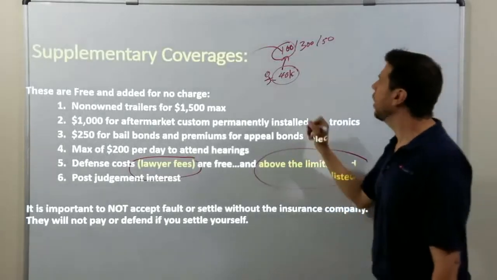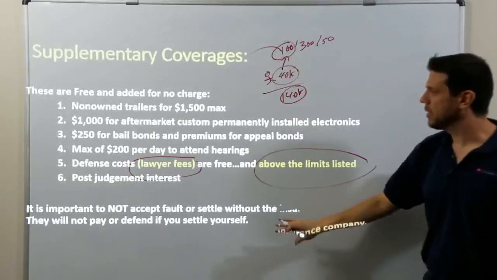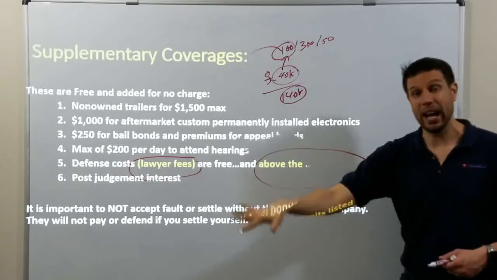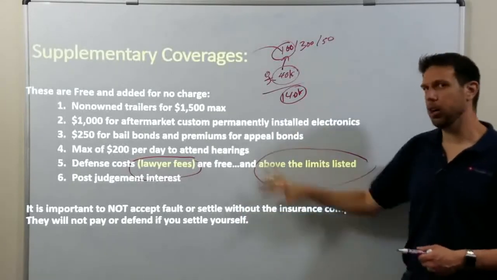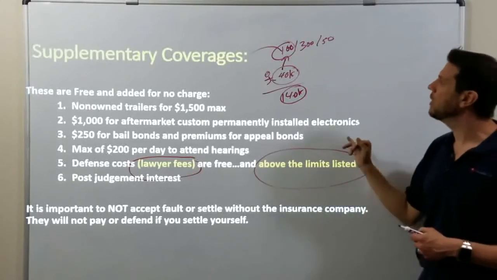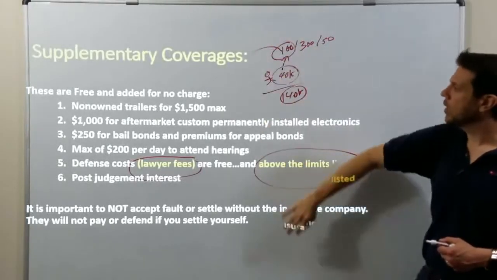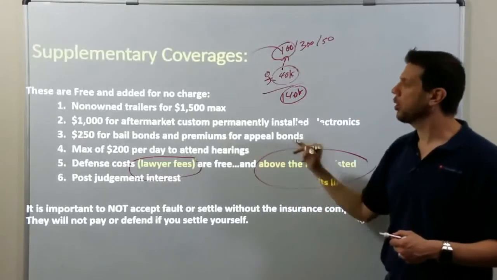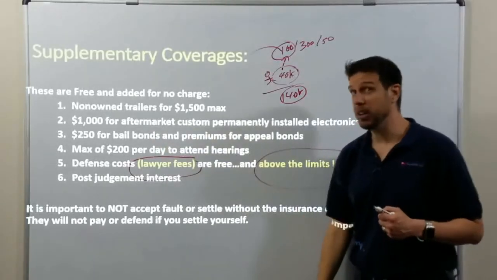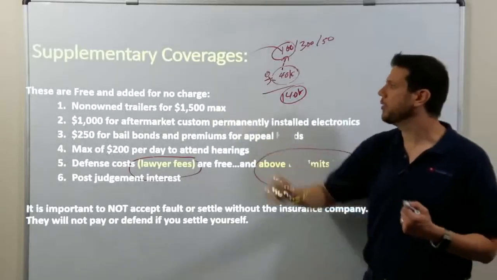Supplementary payments are in excess of what you bought because the insurance company gets to decide whether or not to defend or to pay out. They don't ask you in auto insurance, should we pay out? They make that decision. And since the insurance company decides to hire the lawyer, they have to pay for the lawyer. Supplementary payments, they'll pay you $200 a day to go to court to help fight it. If you need a bail bond because of an accident, that'll pay up to $250 for it. Non-owned trailers, you get a trailer that you're towing, you're covered for $1,500.